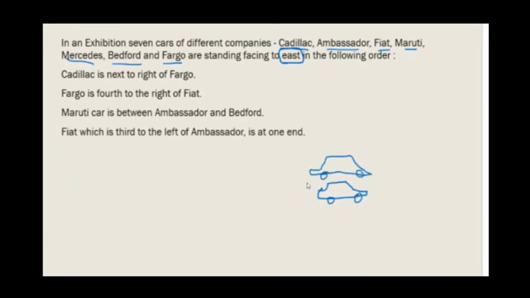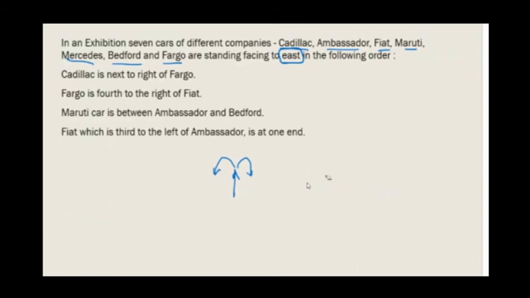I told you that with respect to the arrangement, we consider it is north every time. To the left, it is going to be your left. To the right, it is going to be your right. Now, in this case, if you are facing east, the left of this car is going to be this position, and the right of this car is going to be this position. It will be slightly trickier for us to solve.